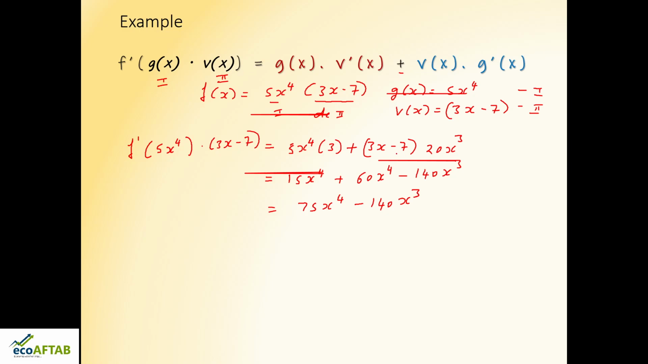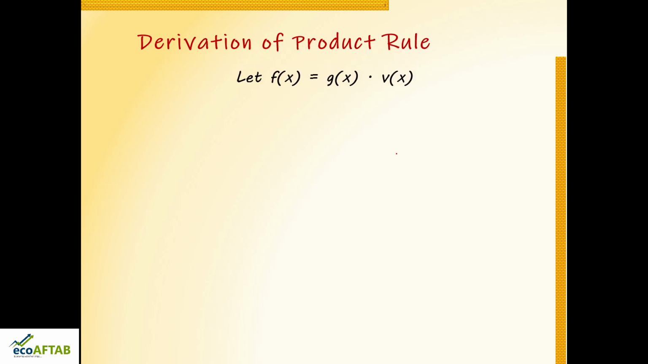Now, in my previous class, when I was solving the power function rule, I had shown you with the help of the original formula of instantaneous rate of change how we came across the formula of the power function rule. In the same way, now I would like to show you how the product rule is derived, the derivation of the formula of the product rule. So, if f of x is equal to g of x into v of x,